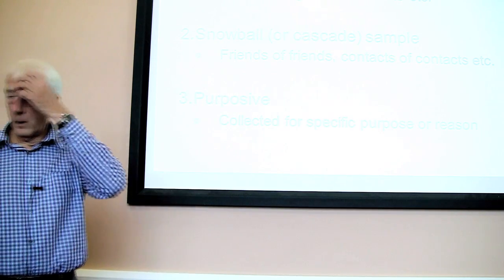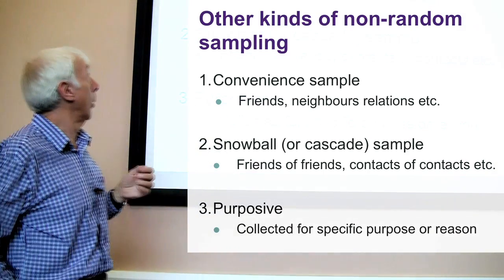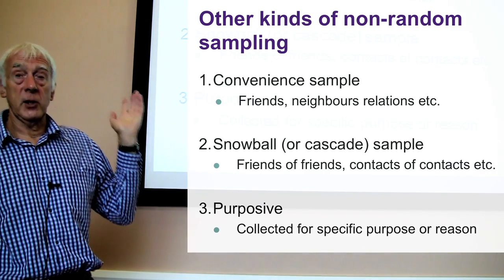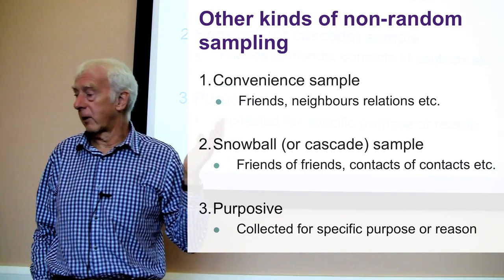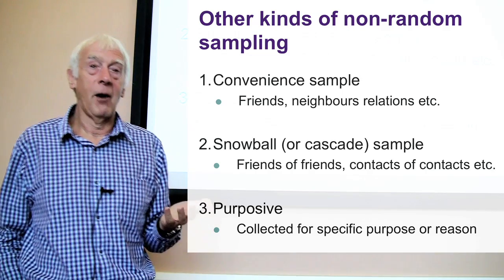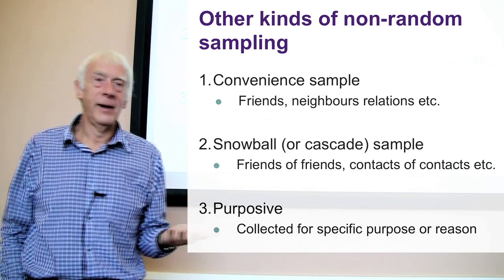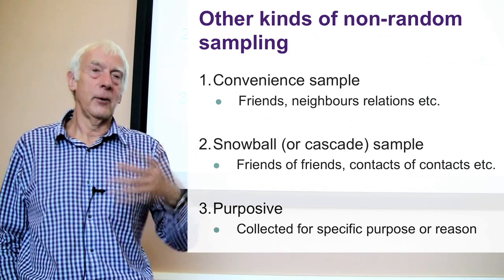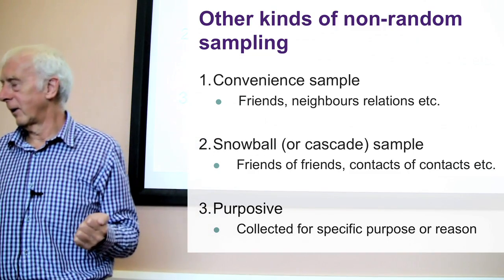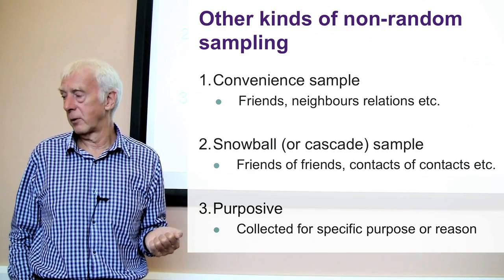Last slide, other kinds of non-random sample that you'll come across, particularly in qualitative work. Convenient sample. This is where you basically use friends, neighbours, anyone you can get hold of that will answer your questions. And it's obviously going to be biased. It happens who you know. If they know you or they know you, in the friends of friends kind of thing, then it's going to bias it in that way. So it's human choice involved.